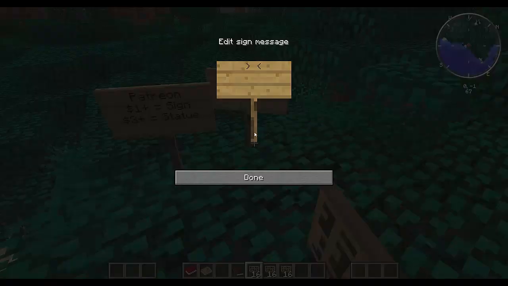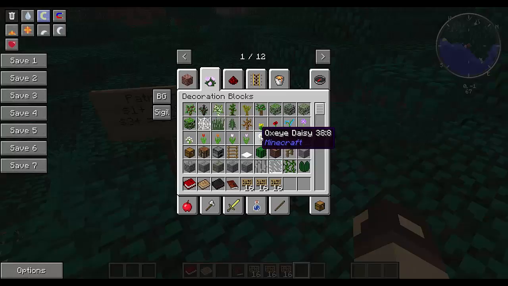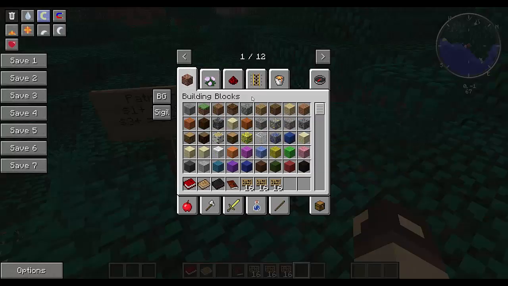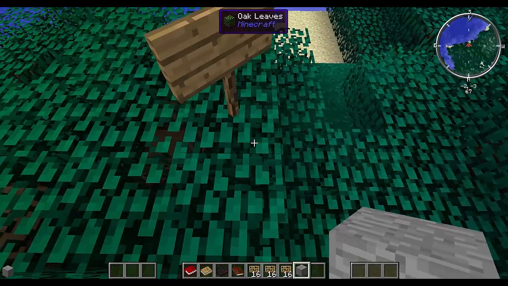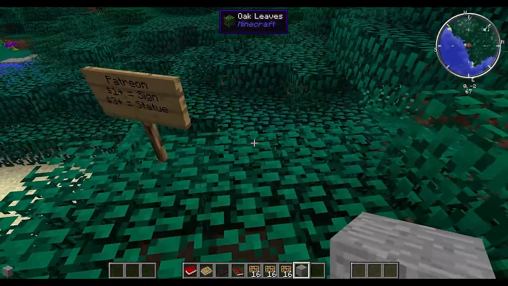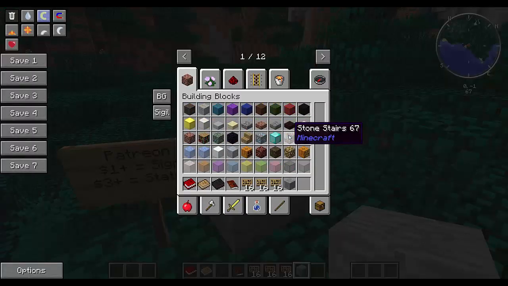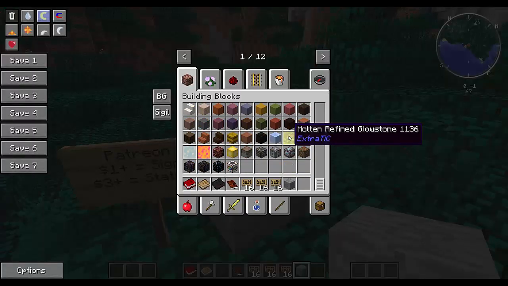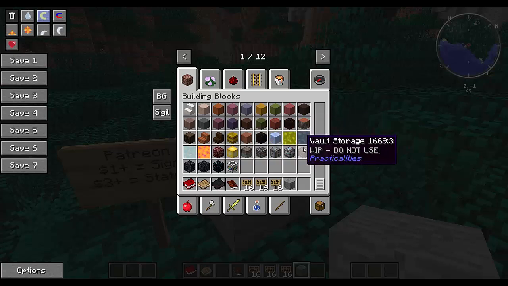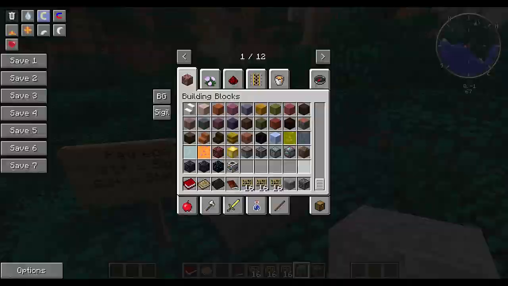So say it was me, you'd have ExcalibursZone, and we'll say I gave $100, and then we will have a statue. Let's see here, we'll grab stone here. Oh, we'll do this. We'll go boom. Alright, let's make it a fancy block. Shall we? A fancy block. Ooh, a vault wall would be nice. Yeah, let's just do that.